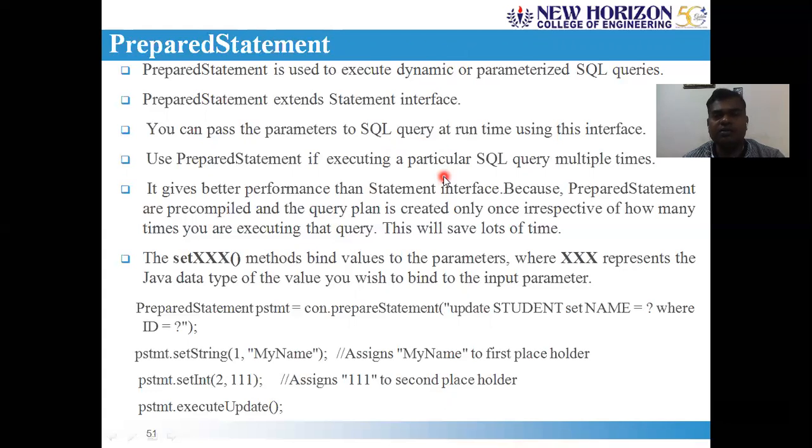So for such things, you should have different types of parameter passing techniques with respect to prepared statement objects. Among that, one is an input parameter, and the output parameter will come under callable statement, which we will see one by one.